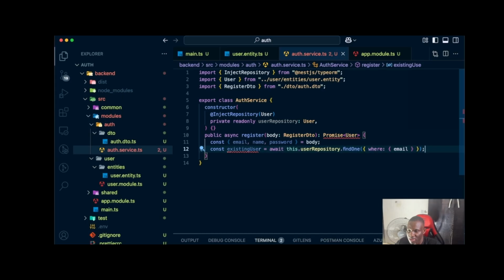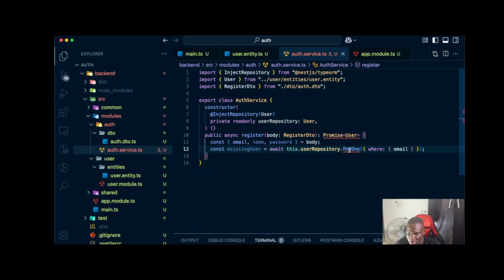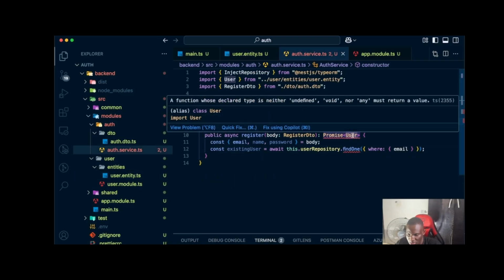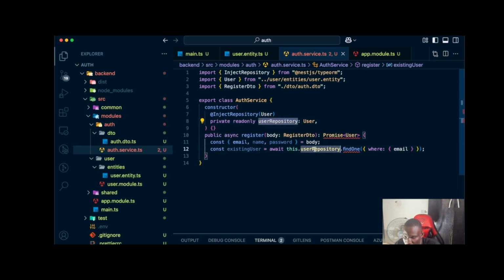So we're going to get a user right here. We're going to say find one, which does not exist in this type. Let me see, we already extended the page user. Okay, we can also use this, we can do it like this, because we already